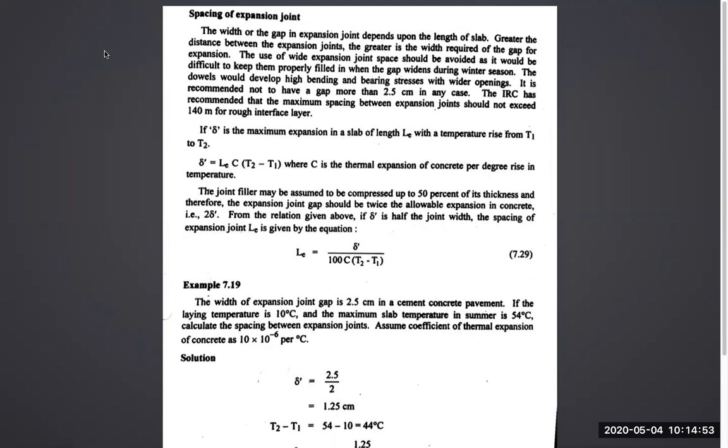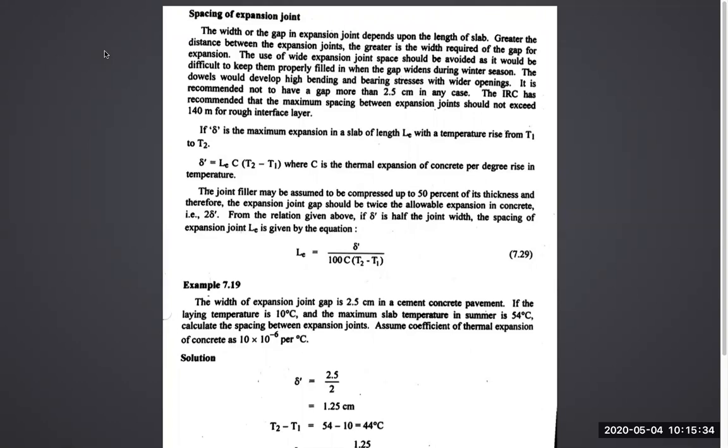So out of these four joints, the ones most often asked in examinations are the expansion joint and the contraction joint, with specification. Okay. Now, the design of joints is mentioned in the syllabus. We have very simple problems. This content I have taken from Khanna and Justo. If you see page number 386, the design of joints in cement concrete pavements is provided. I have scanned the same thing, and I'm explaining the design of joints to you.